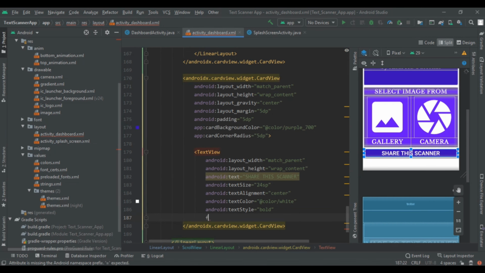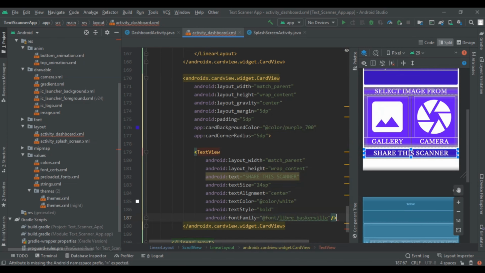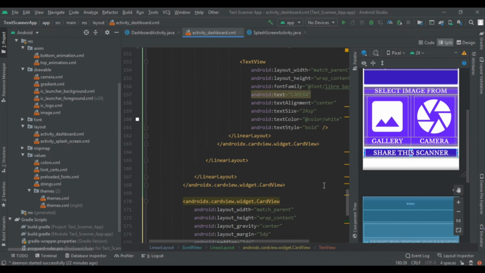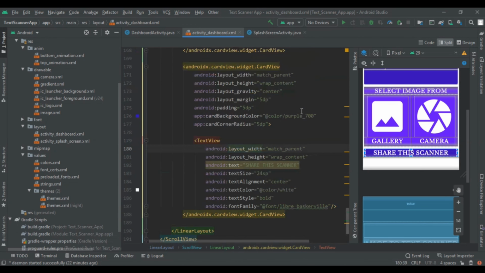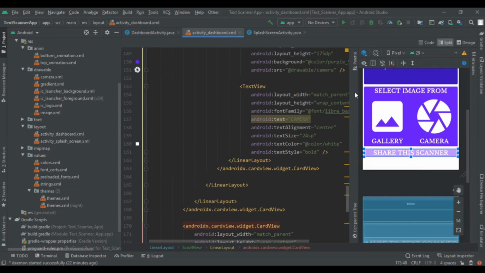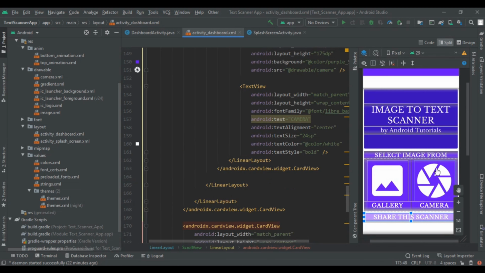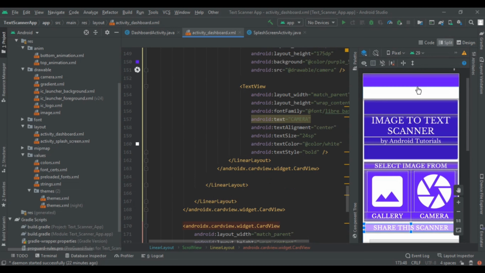Now write font family to this, and then here we completed our third card view, but change its color from purple 700 to purple 200. So here we had completed our design part. So you can see that this is our design of our three card view.